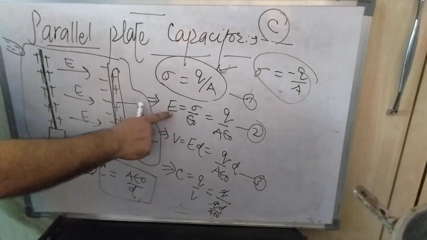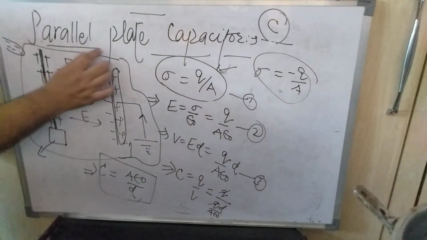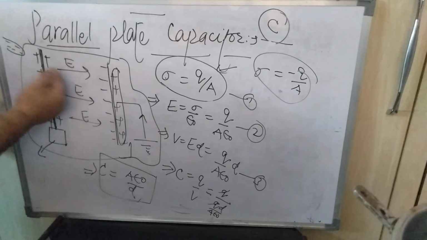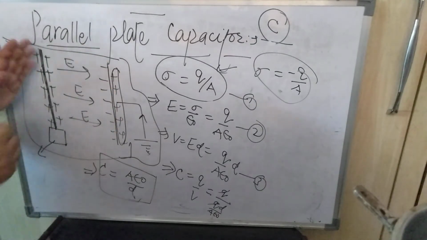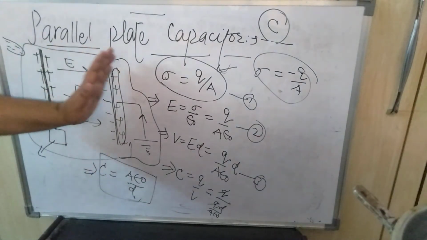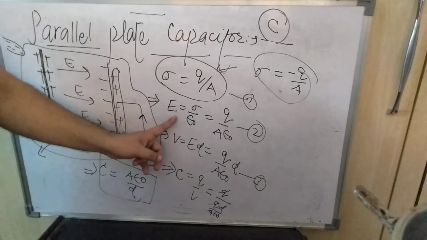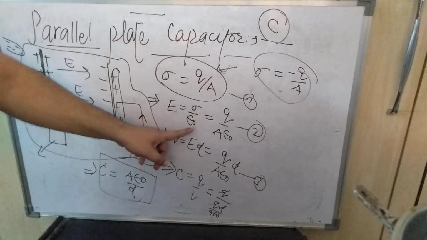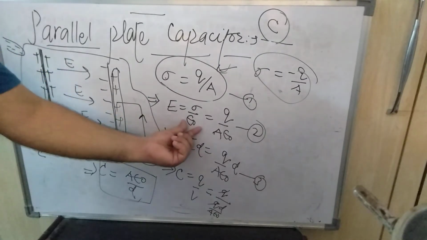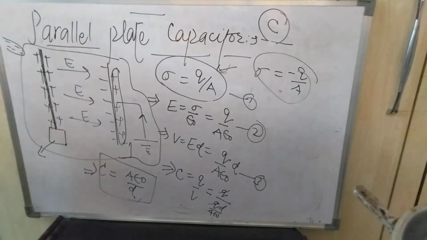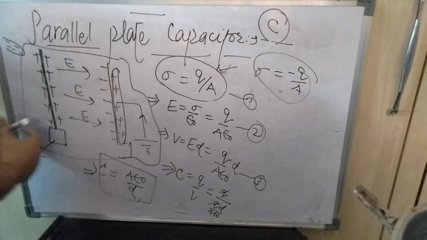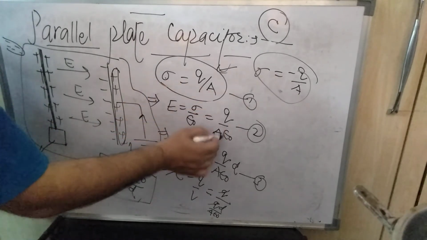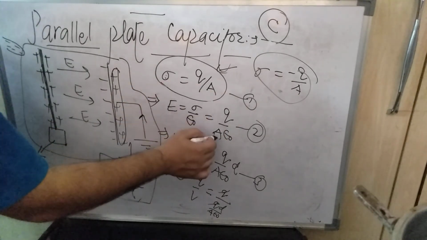Now what should be the electric field in that case? Because there are two charges set up on the two plates, the electric field will also be there, from plus to minus, because the field lines pass from plus to minus, and so does the direction of the electric field. So what will the field be? We know it is the surface charge density upon epsilon naught, where epsilon naught is the permittivity of free space. Now replacing the value of sigma from the first equation into the second, sigma is Q by A, replacing here.